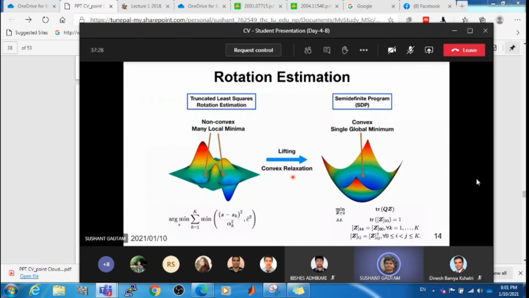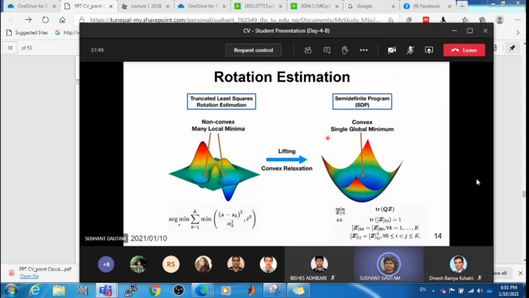Look at this beautiful picture. Right? This shows how the relaxation we did can transform this non-convex TLS problem to an SDP problem that can be solved exactly in polynomial time. But although this is better than existing algorithms and gives an exact solution, unfortunately, like you might have already guessed, this way of using semi-definite relaxation is pretty slow in practice and requires extensive computation.